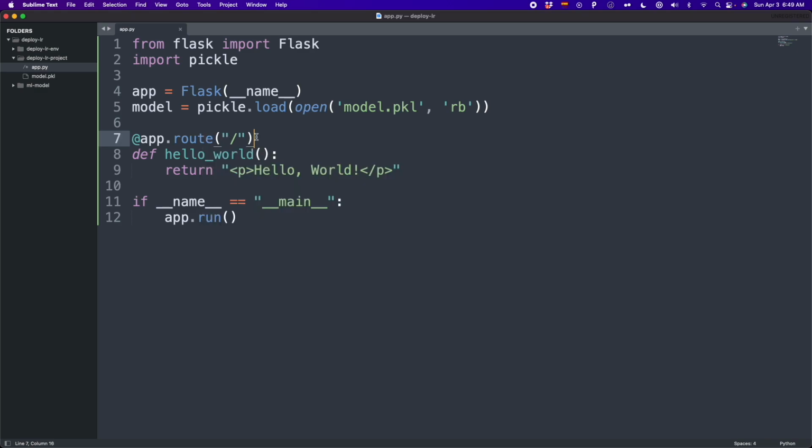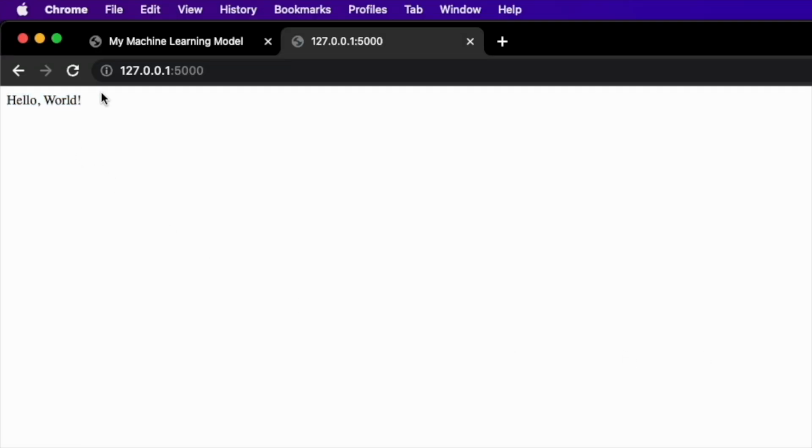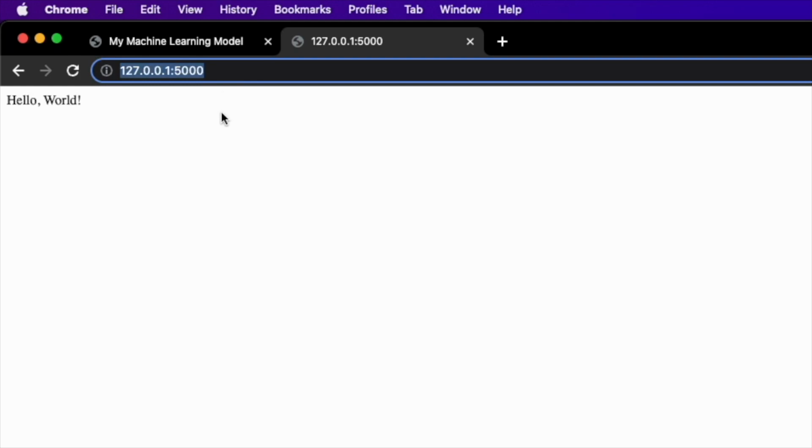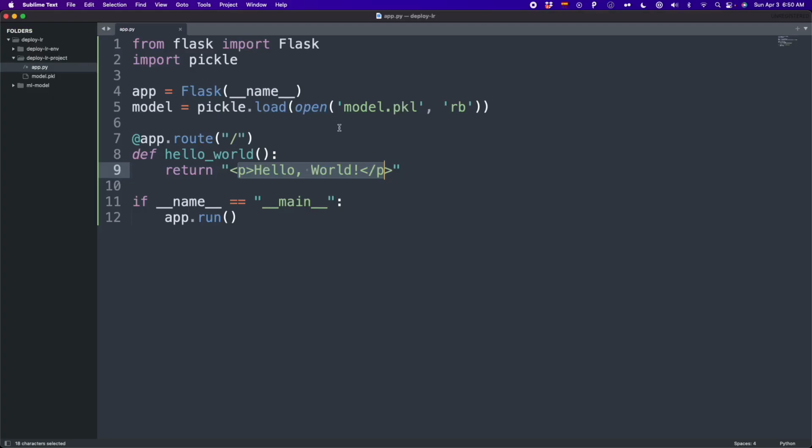So in this case, that URL /, which indicates the home page, should trigger our hello world function. So every time we go to the home page, we should see this hello world message that we actually saw here, right? Here is hello world when we went to this website. So everything was working fine. So basically this is what this decorator does. Now this hello world is the name of the function,